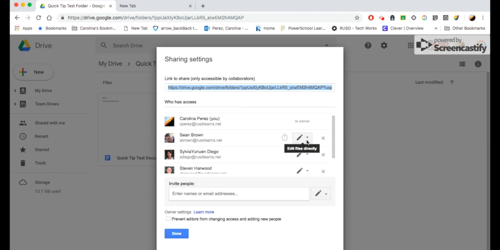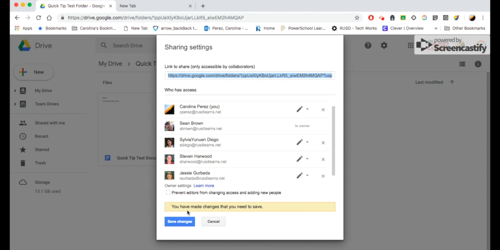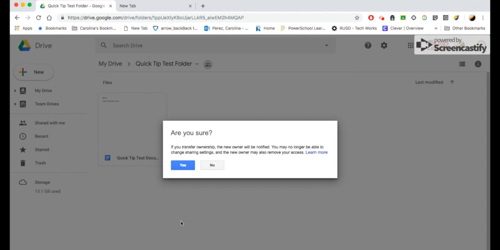If I want a different person to take ownership, I click on the pencil or the caret right here, and I can make them the owner by selecting is owner. Google notifies you that you have made changes that you need to save. I save the change. And now it's telling me if you transfer ownership, the new owner will be notified. You may no longer be able to change sharing settings,